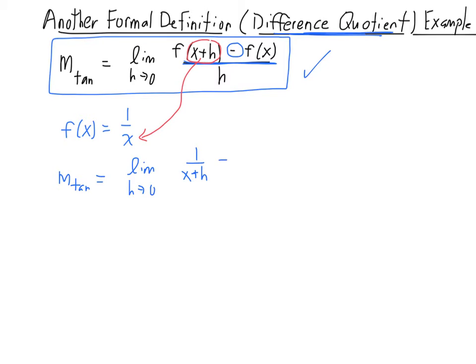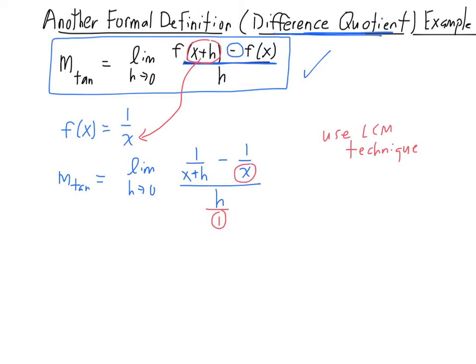And then the next part of our formula says to do minus f of x. So f of x is just 1 over x. And this is all over h. Well, this should hopefully look familiar to you. This type of limit problem, we're going to use the LCM technique, which we have a video for. So the LCM technique,